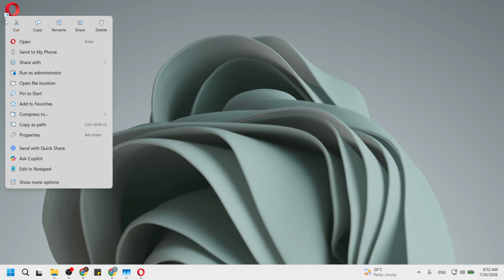Next, select Run as Administrator from the context menu. This elevates the permissions for the application, which can help in situations where Opera might be facing restrictions. Running as an administrator allows the browser to access necessary system resources without hindrance, which is vital for its proper functioning. Click Yes on the system prompt to test if it opens. This confirmation action is necessary because it ensures you are granting the permissions needed for Opera to run smoothly.